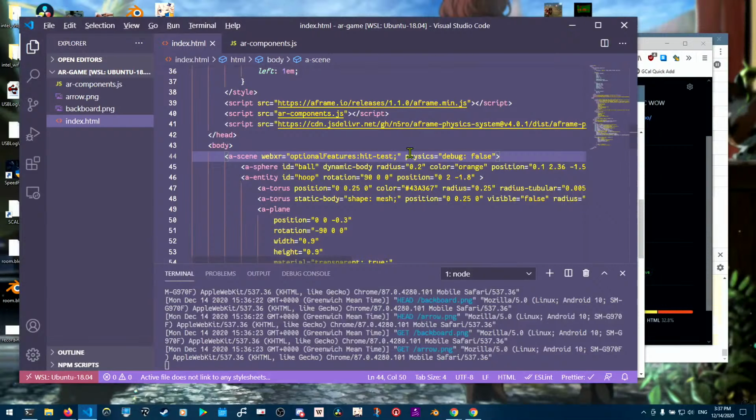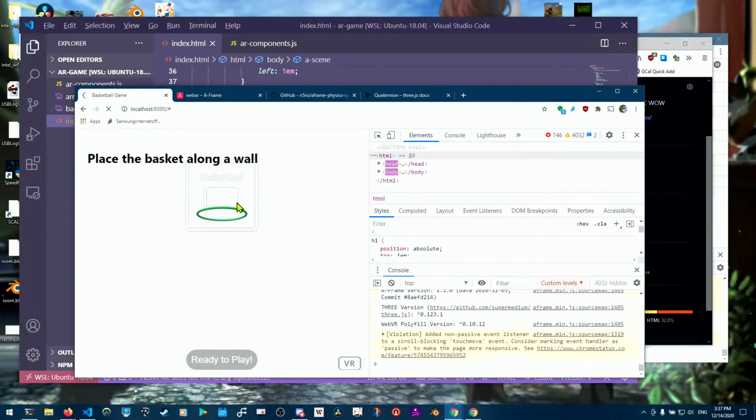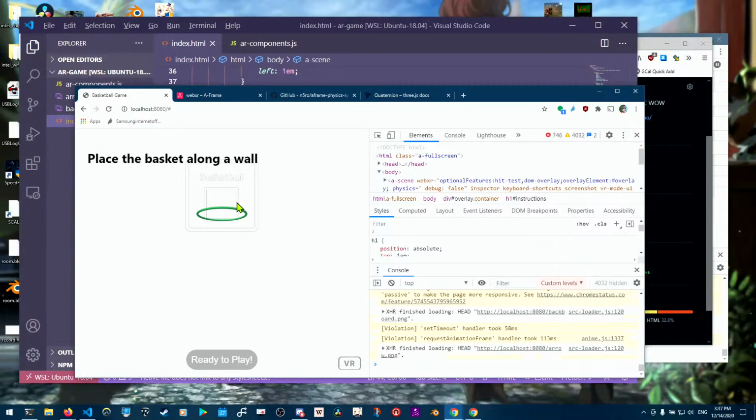We want hit test and overlay. We use the DOM overlay API to do this. We just simply go into this. So now if I reload this,